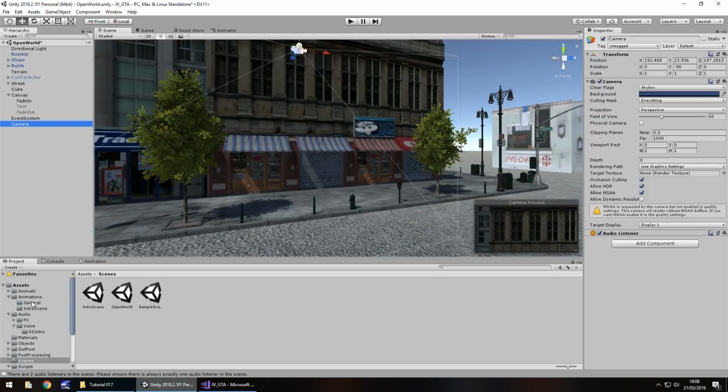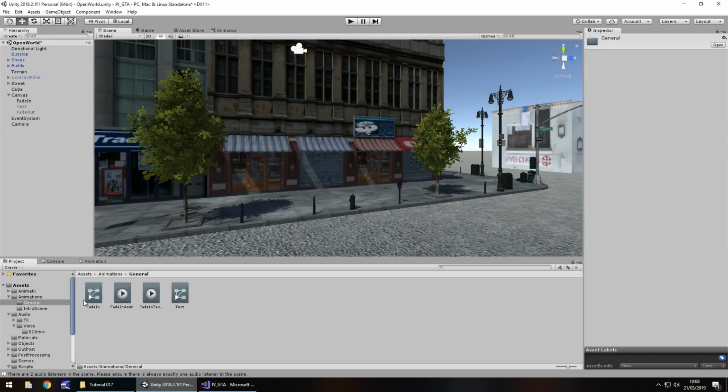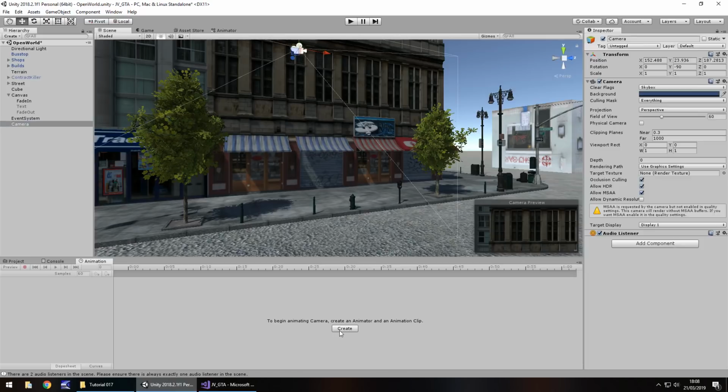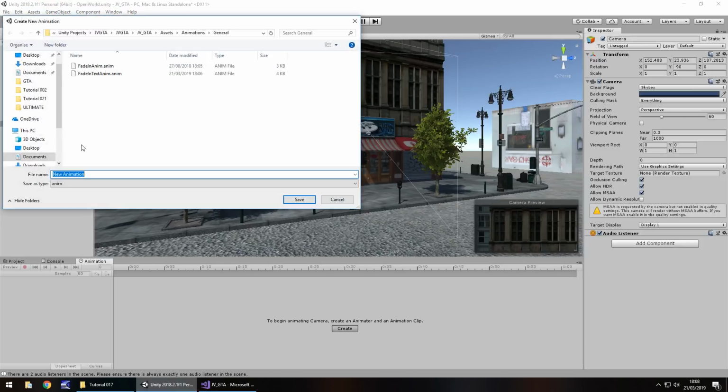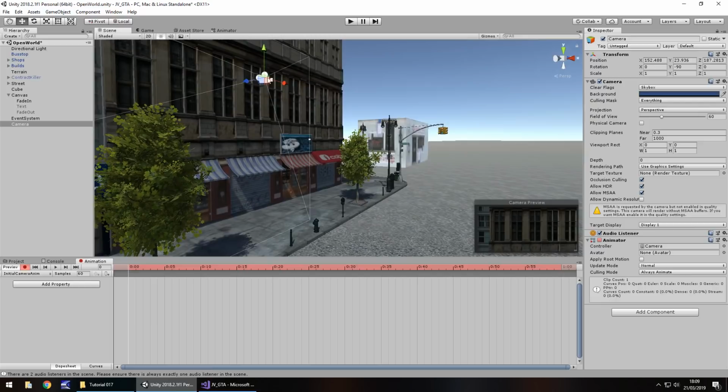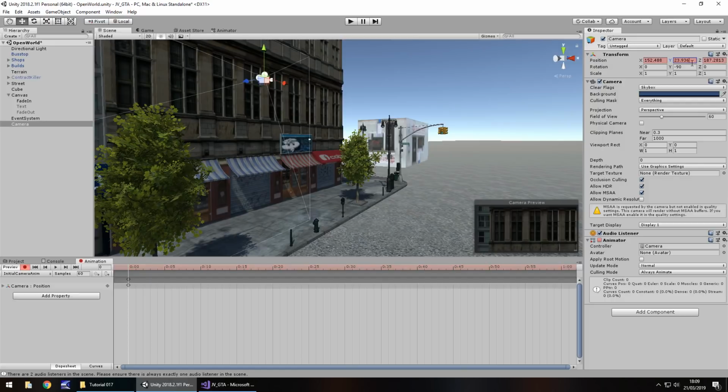So let's go to animations, general, and let's go on animation and create, and let's have this as initial camera anim, and press record. So let's set that first keyframe. We're only going to change, at least for me, the y-axis, so its position on the y-axis. So I'm going to start by copying what is there on the y and just repasting it so it sets that keyframe on the y.